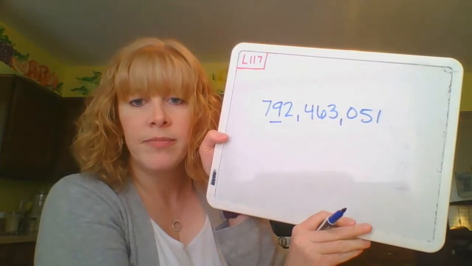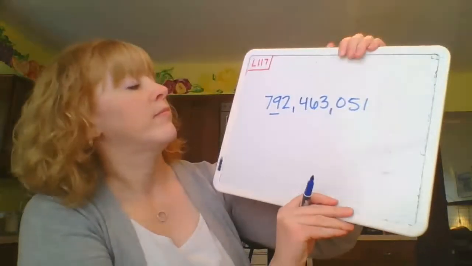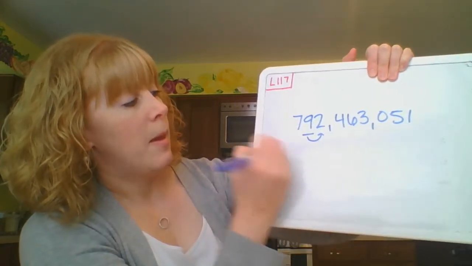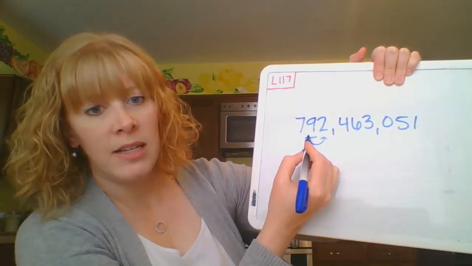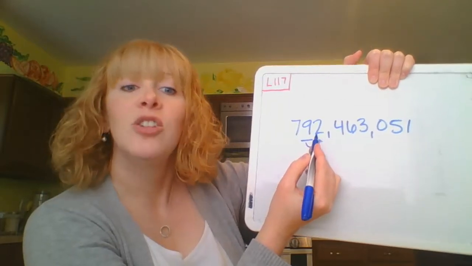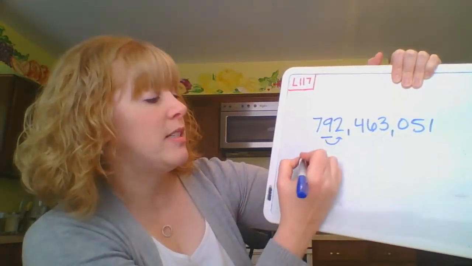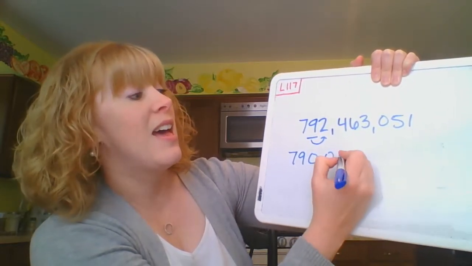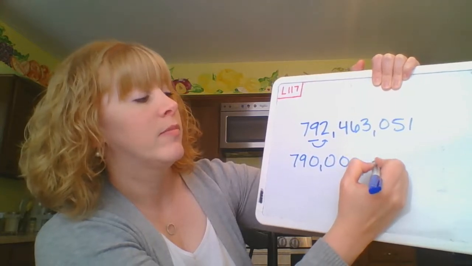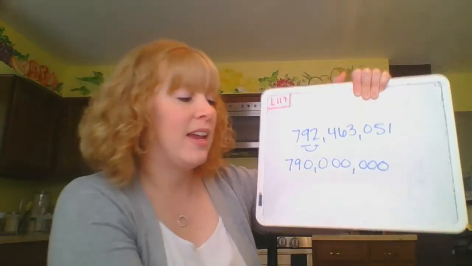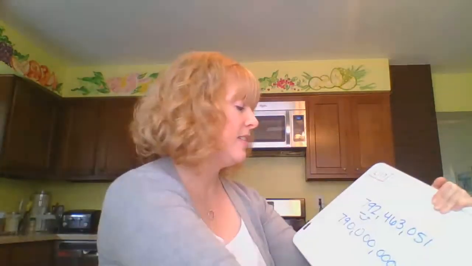792,463,051. I'm going to round to my nearest 10 million. So the 9's what I'm rounding, but I'm looking at one place value over. I'm looking at millions. 2 is lower than 5, so this number is going to stay the same, and everything after it would become a 0. But I want to change something and show you something neat. Now, because this is a 9, this could have been different